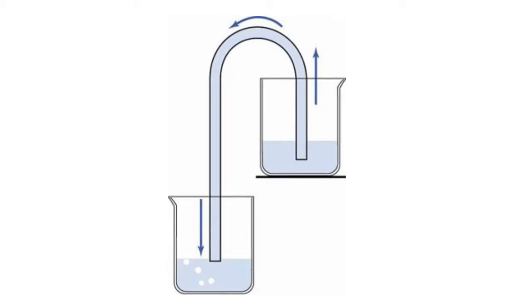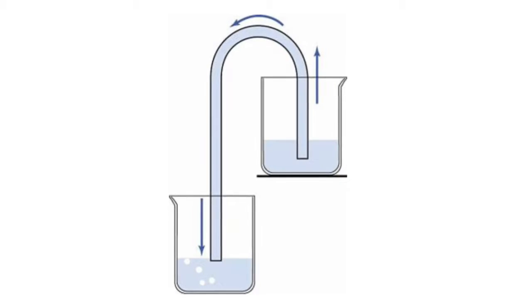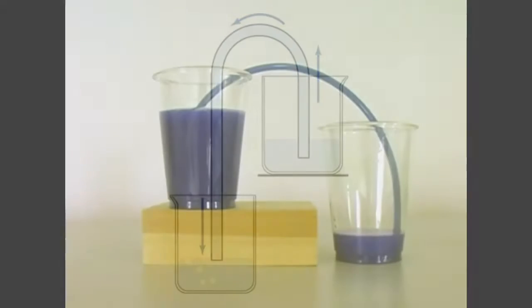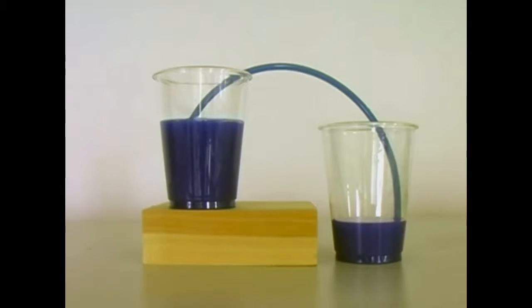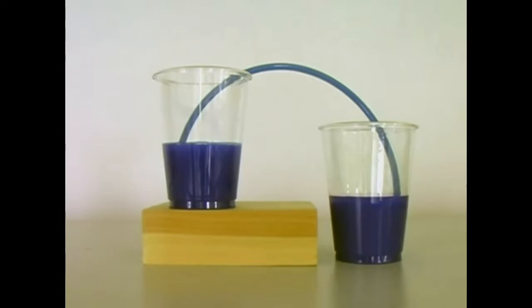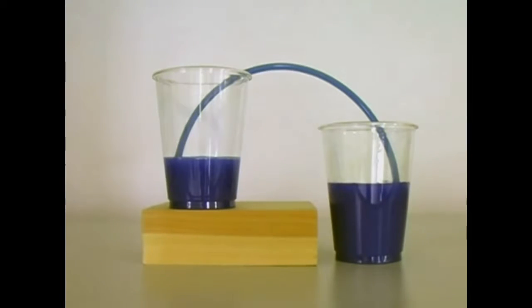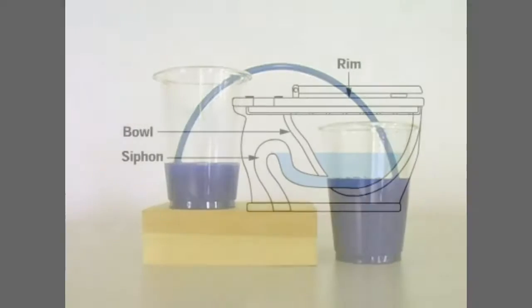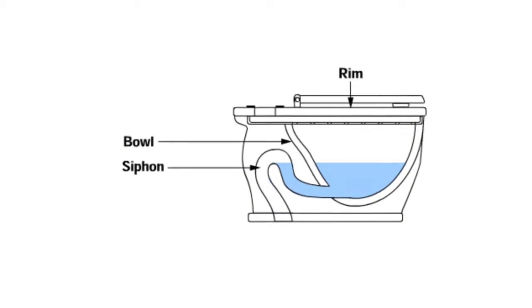A siphon usually refers to a tube in an upside-down U shape that allows liquid to flow from a higher reservoir upwards into the tube and then downwards into a lower reservoir without the continual use of a pump. In order for a siphon to begin operating, an initial external pump has to be applied to allow liquid to begin flowing through the siphon, but the pump doesn't need to be used repeatedly for liquid to continue flowing through